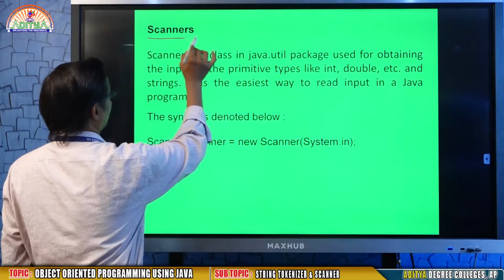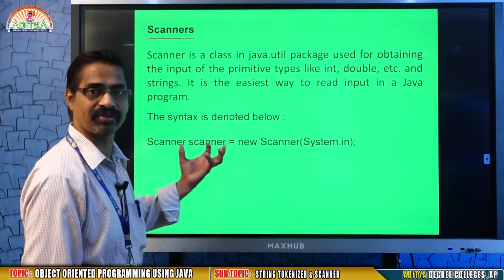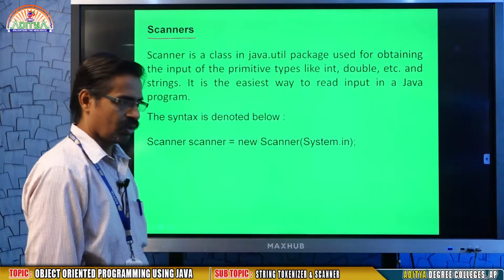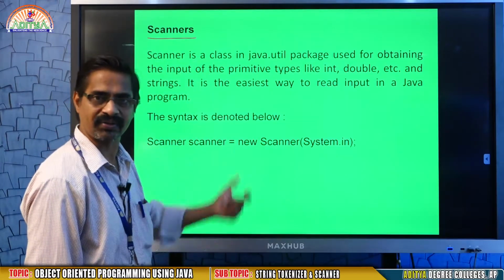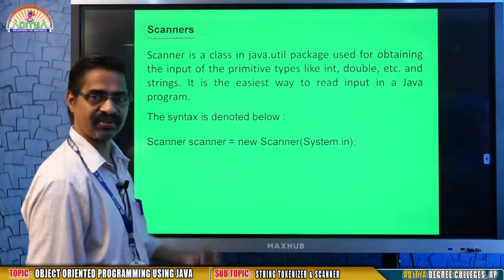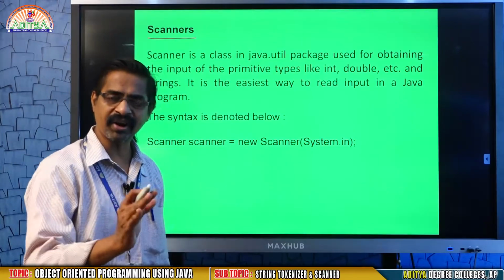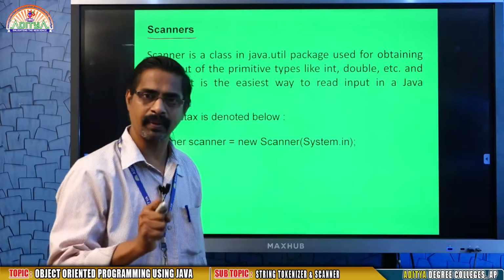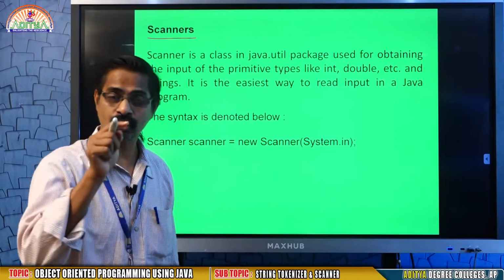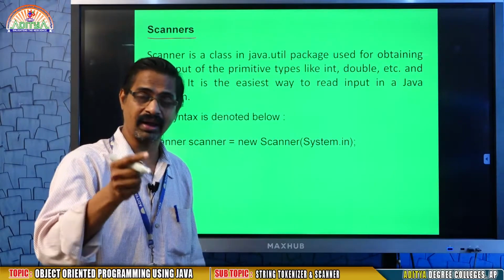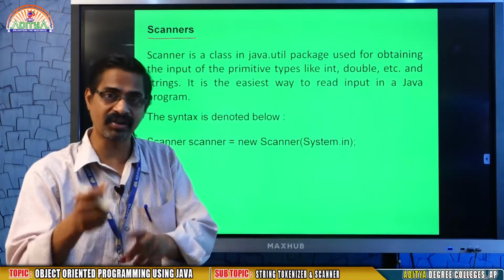Now the concept Scanner. This is one of the important input classes. The specialty of this class is that in BufferedReader you give a number, but it takes the number as a string. So there is a concept called Integer.parseInt.